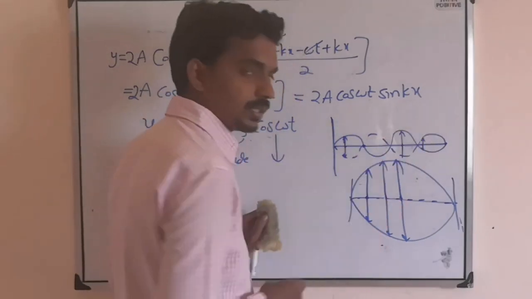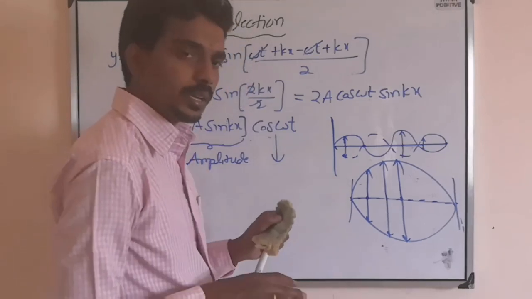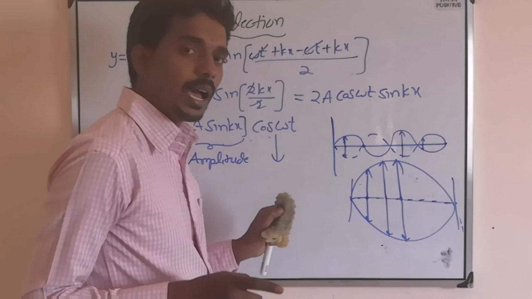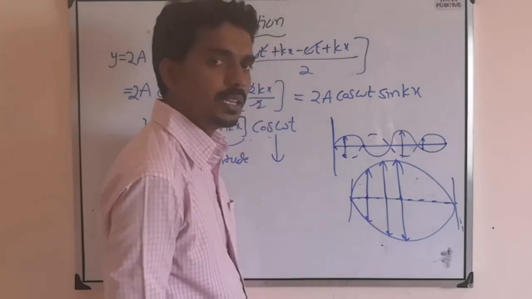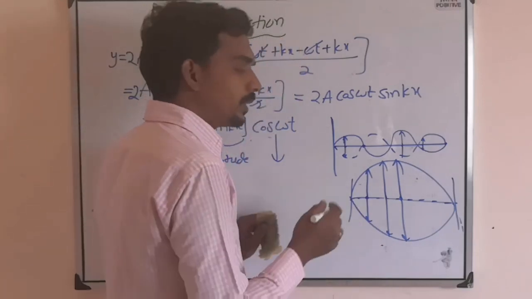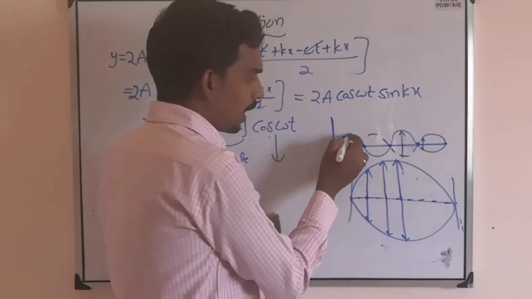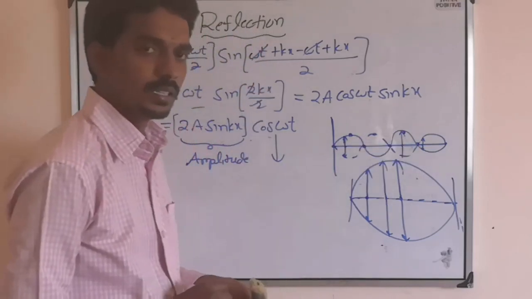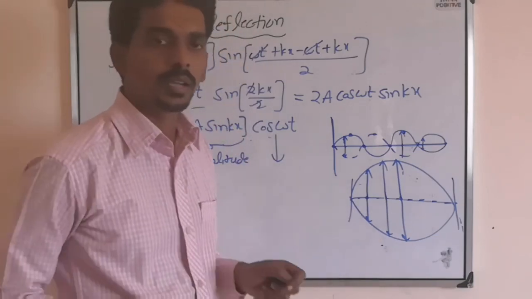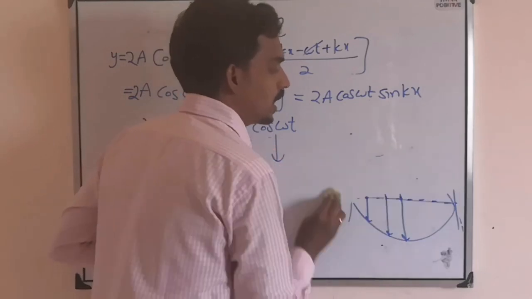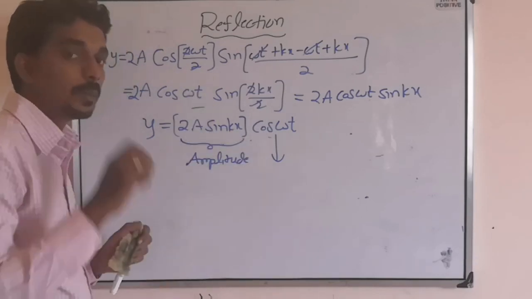Okay. So no two particles will have the same amplitude. They may have, but at different positions. But generally when you consider the progressive wave, each and every point must have the same amplitude. But here it is not compulsory that all the particles will have the same amplitude. But that same amplitude may repeat after some time. Here 0, here 0, 0, 0. Like here maximum. So like that, all the particles do not have the same amplitude. They won't vibrate with the same amplitude. That's why here amplitude is a function of x position.